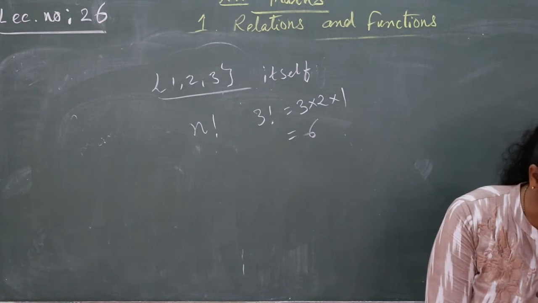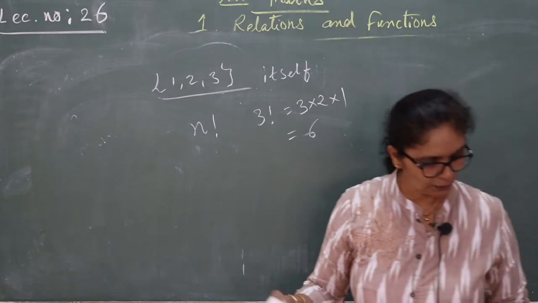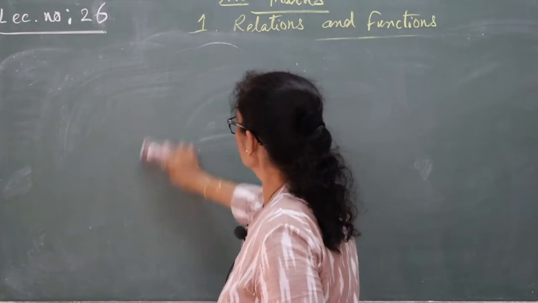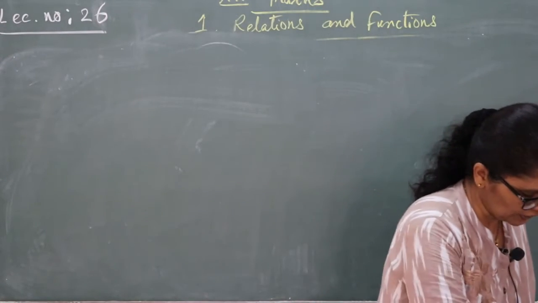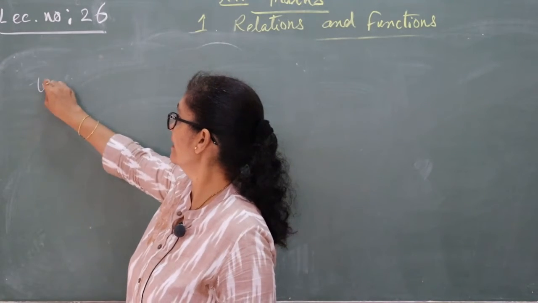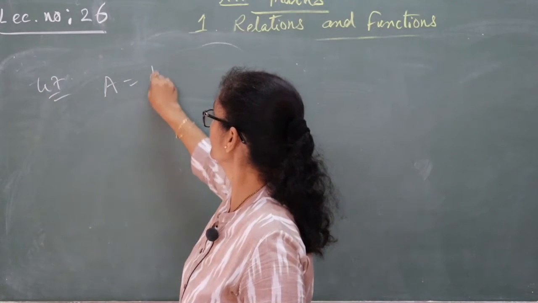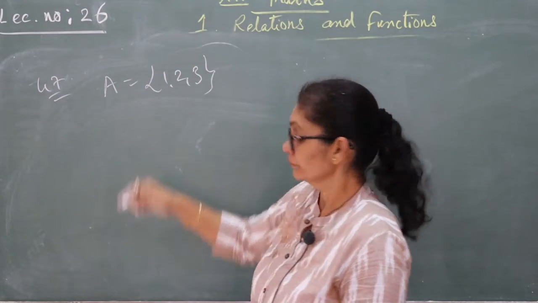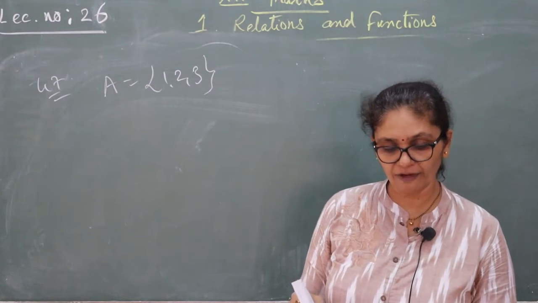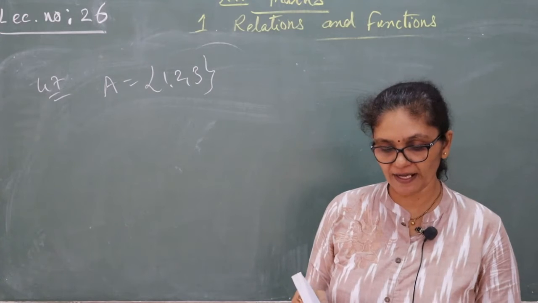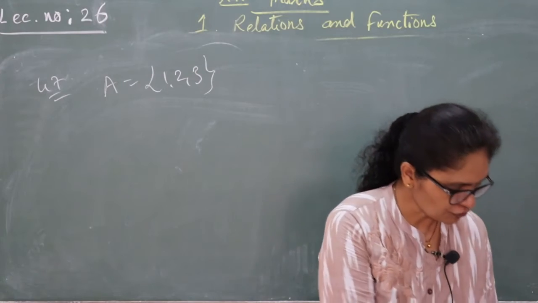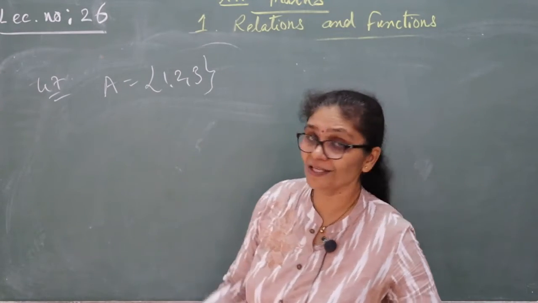Now come to the 47th question. In the 47th question, we have to follow again the reflexive, symmetric and transitive concepts. So let's check 47. A is given as 1, 2, 3. Okay, what is the question? Find the number of relations containing (1,2) and (2,3) which are reflexive and transitive but not symmetric. The answer is 3. Okay, first of all, relations on 1, 2, 3.